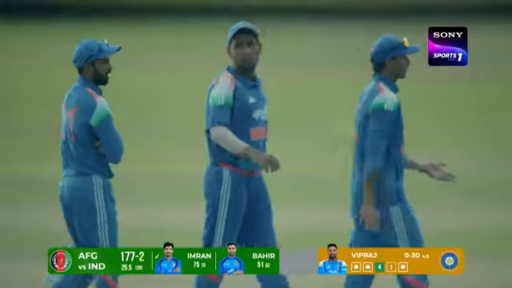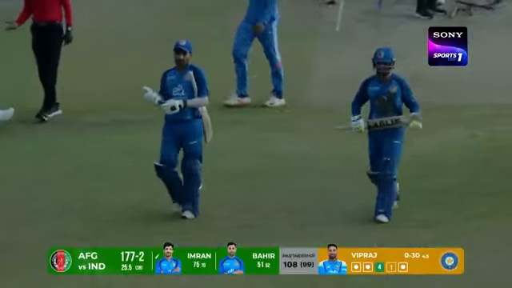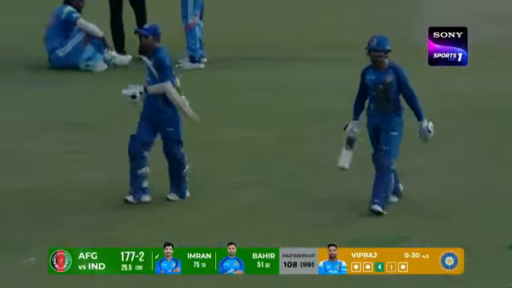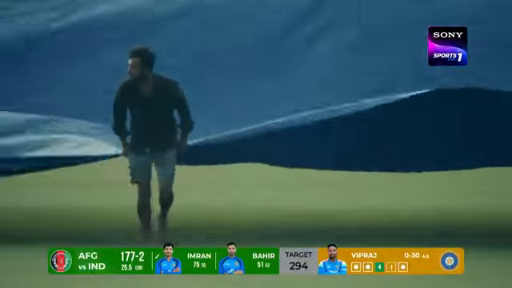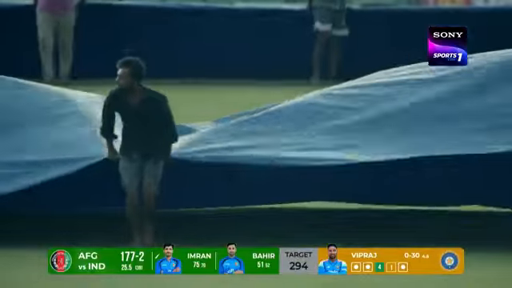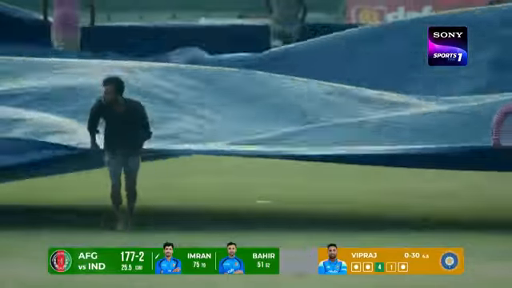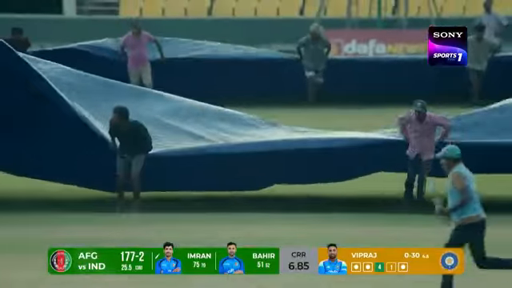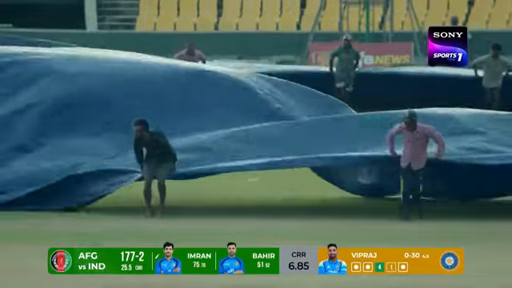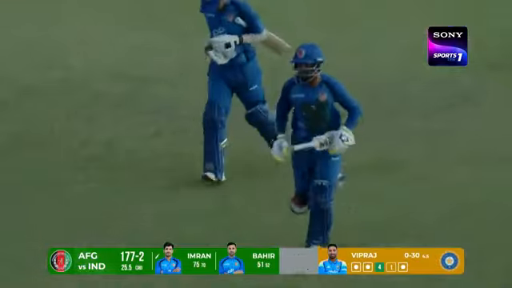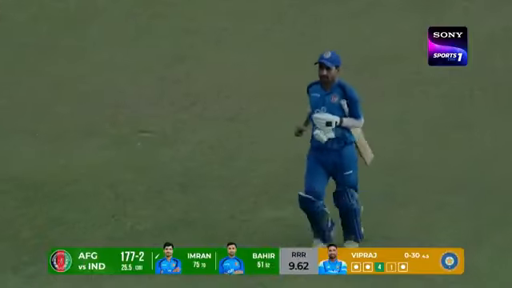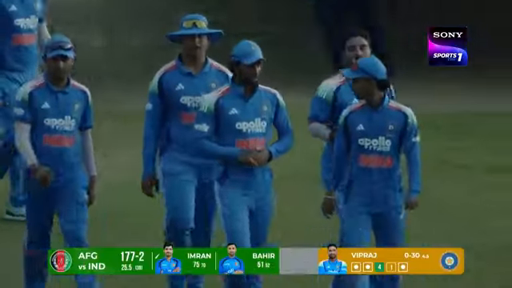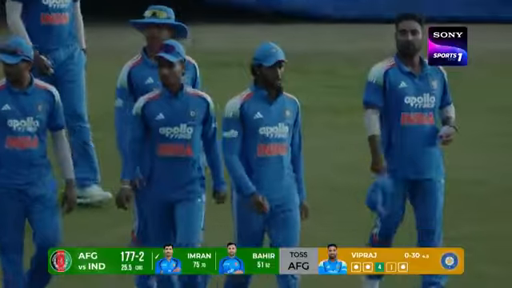You can see that the covers are coming off because the light has started to fade. And it'll be interesting to see what the target should have been at the end of this over. They needed to be 174, so Afghanistan are 177 for 2. They're just 3 runs ahead, so the Indians look a little bit of a disappointed outfit. But I feel that credit should go to the 2 batsmen. They really battered their skins out.